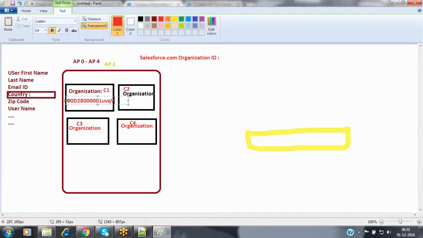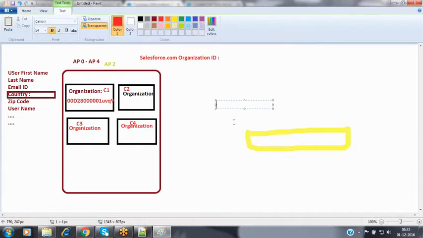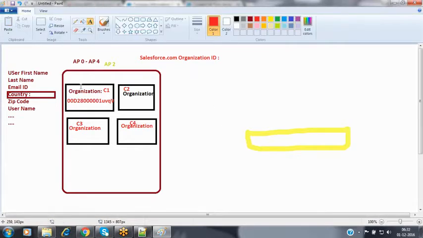So this is the identification number allocated by Salesforce for my organization. Now, what is the need of allocating a new identification number for every organization here? Let's see. Inside a single server, so many organizations are available. Organization means one account: this is one Salesforce account, this is another Salesforce account, this is another Salesforce account.